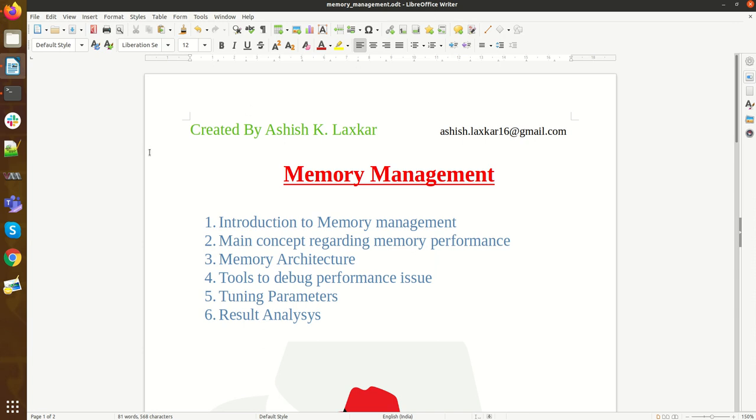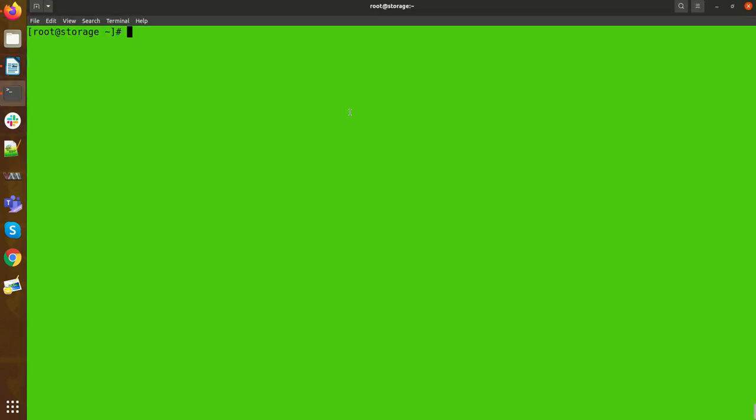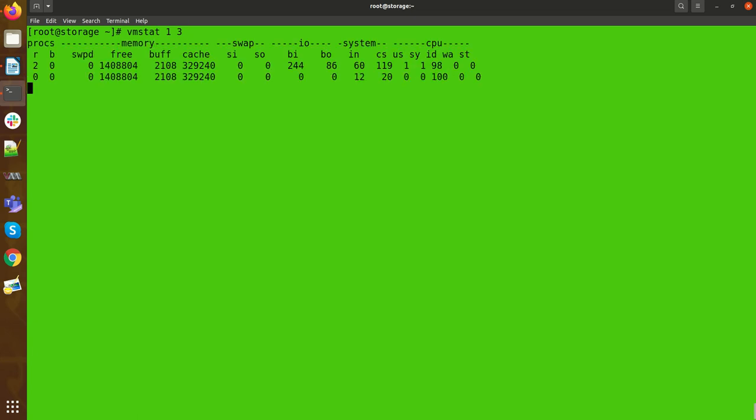On the Linux system there is a command to calculate the memory pressure. So vmstat is the command. We are simply running this command with a value of 3, so it will run in every 1 second interval. There is a swap in and swap out concept.